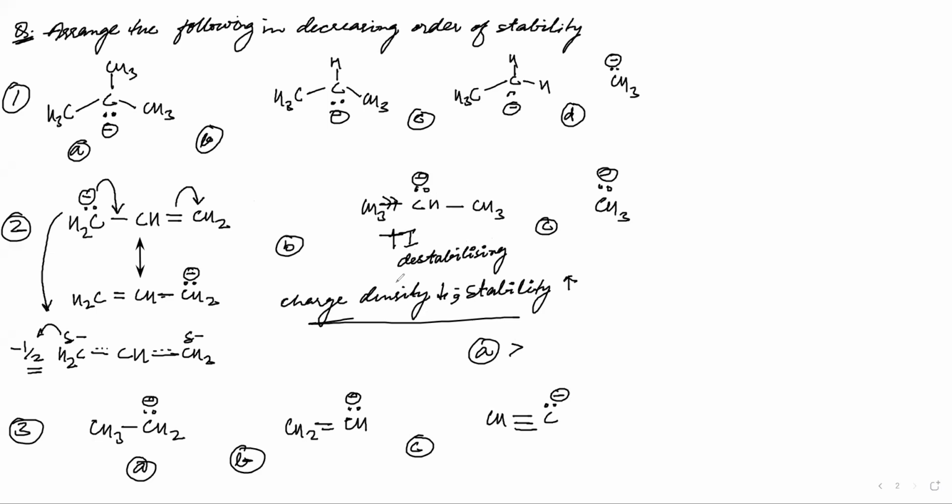Yes, Fatima? If it is giving electrons, yes, it is destabilizing, and there is no effect here because H has neither a plus I effect nor a minus I effect. So the most stable will be A structure because of resonance and delocalization of charge. The second most stable structure will be the one with no effect. That means it does not have any stabilizing effect, neither does it have any destabilizing effect. And lastly, it will be B, because B is the least stable as plus I is destabilizing the carbanion.